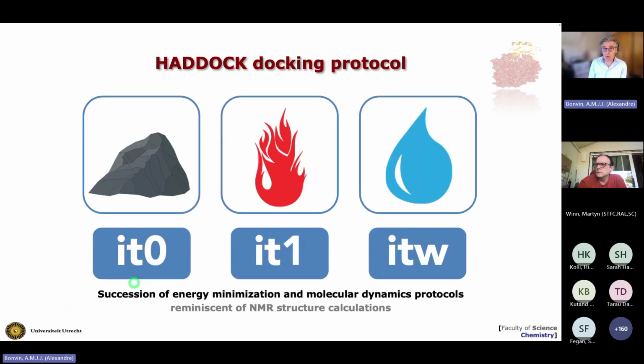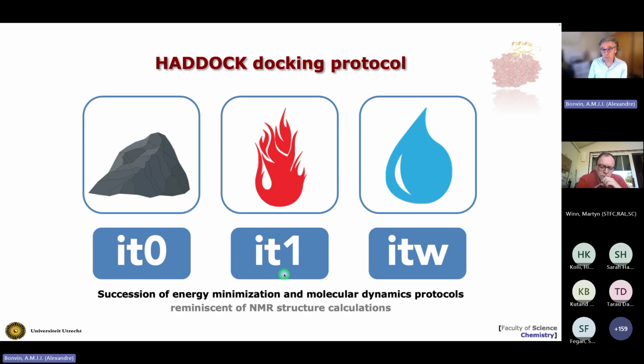Now, the classical docking protocol in HADDOCK consists of 3 stages. In the first stage, we treat the molecules as rock solid, and they come together by energy minimization. So the starting point is the molecules separated in space, randomly rotated, and then we turn on the minimization, driven by the data that we put in, and driven by electrostatic and van der Waals energies. This is typically a fast process, a question of seconds. We sample 10,000 to 100,000 models in that range. And we do a first selection of a few hundred,